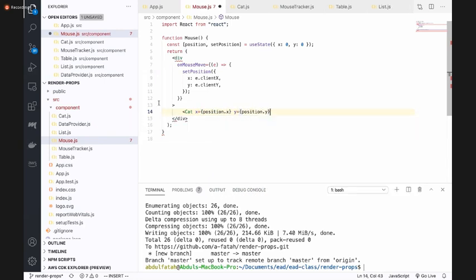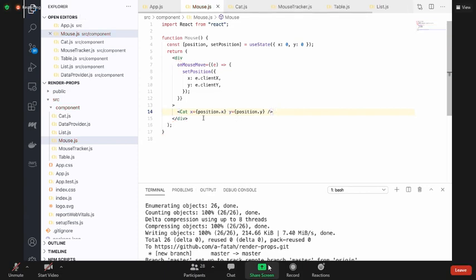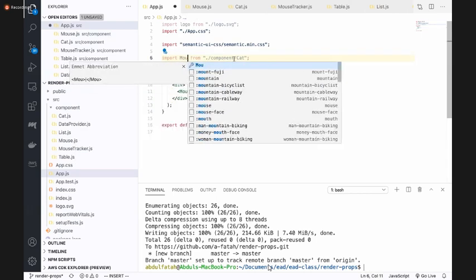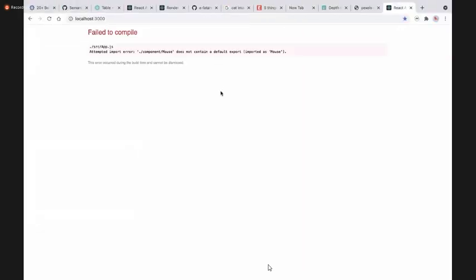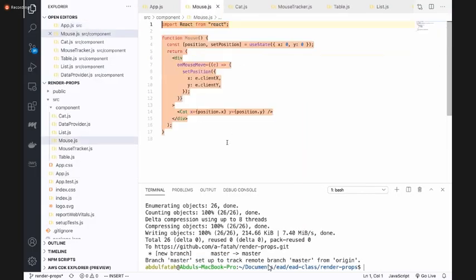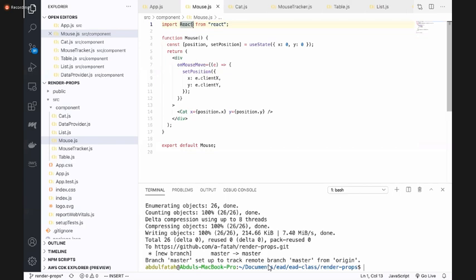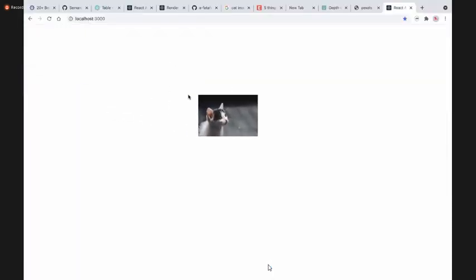वाई इक्वल्स पोजीशन डॉट वाई। कैट को ये दो प्रॉप्स चाहिए, क्योंकि हमने कंपोनेंट जब बनाया था तो उसके अंदर एक्स और वाई डिक्लेयर किए थे, तो ये हमें प्रोवाइड करने पड़ेंगे। अच्छा, ये हो गया। अभी हम इसका रिजल्ट देखते हैं। इसका नाम हमने रखा है माउस। ठीक है, ये देखें, ये फॉलो हो रहा है,